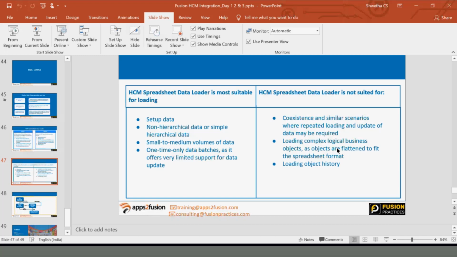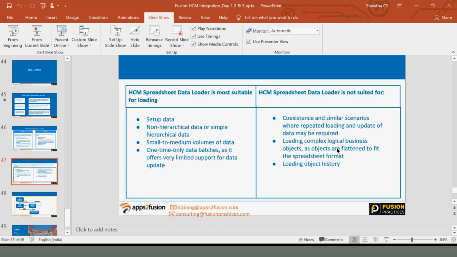When you're trying to do a setup data load, we can use a spreadsheet loader. Setup data includes your work structure information. For those, you can directly go with a spreadsheet loader, and you can prefer it when you have a minimum set of information.